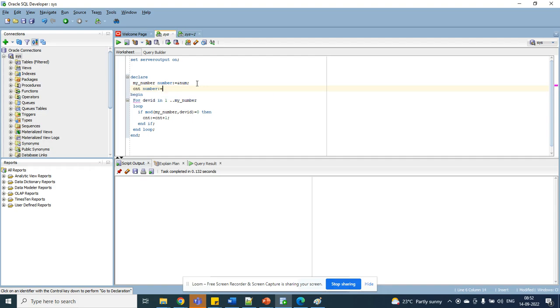I will increase it if it is dividing my number. Once everything is completed, I need to check if the count is more than 2, then that number we cannot say is a prime number. So if my count double equal to 2, then